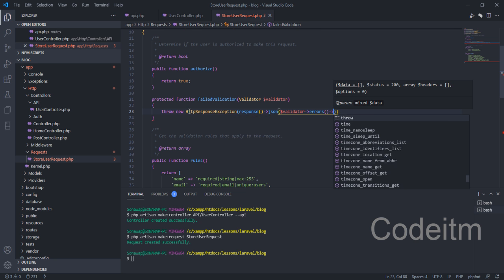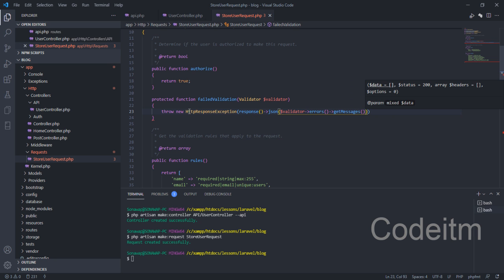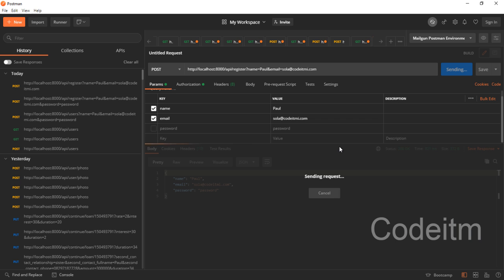And this will be get messages. And right here, we want to throw a 422 error. So hopefully this makes sense to you, and this is all we need to do. And right now, if you should try to actually send this,